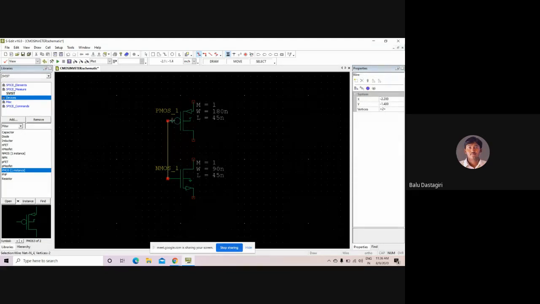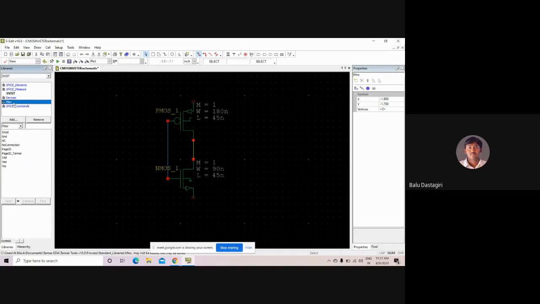Now the PMOS and NMOS transistors are connected together. Similarly, connect the drains of PMOS and NMOS. Next I have to connect the source of PMOS to VDD, and the source of NMOS to ground. In order to get the VDD and ground symbols, go to the MISC.